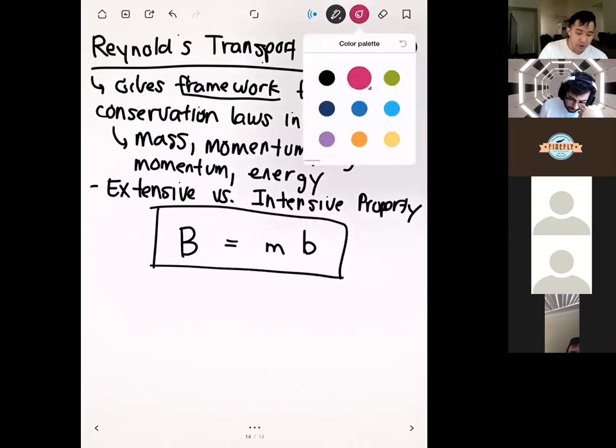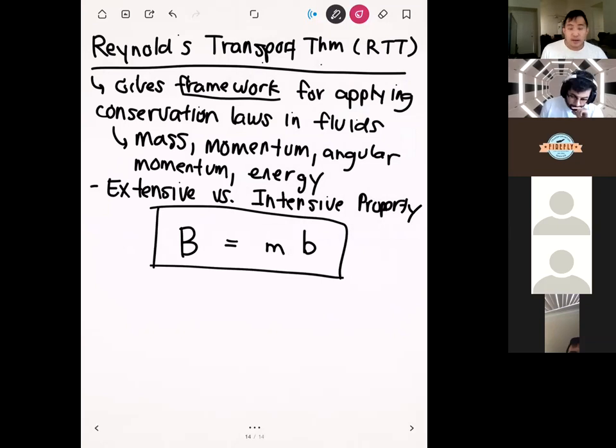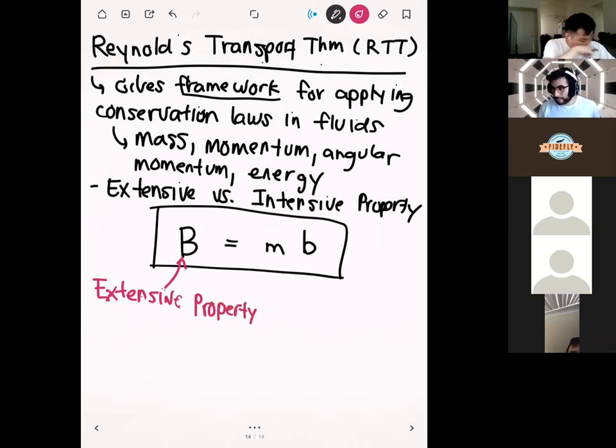I'm just using a generic B here, so B can be anything. But for any property that you have in a fluid, there is an extensive version and an intensive version. This capital B right here will be our extensive property. Some examples of an extensive property would be mass,